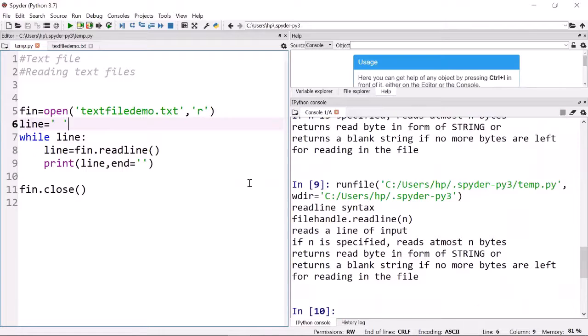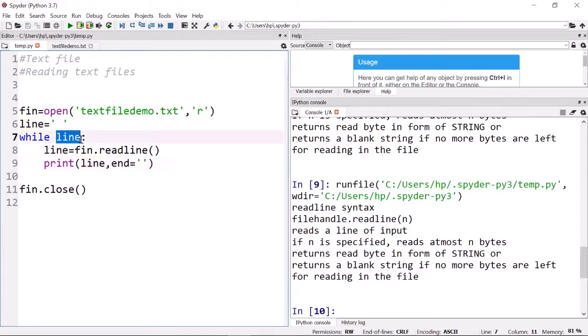Let us run this program. You can have a look. The entire file is read here and displayed one line at a time. I hope this logic is clear. While one blank means it's true, so while line means it's true. The first line is read here and displayed.